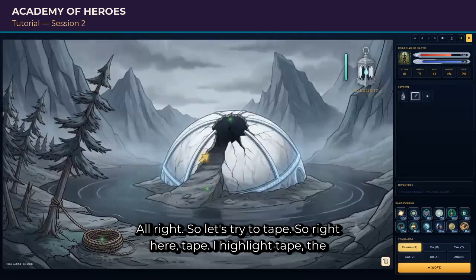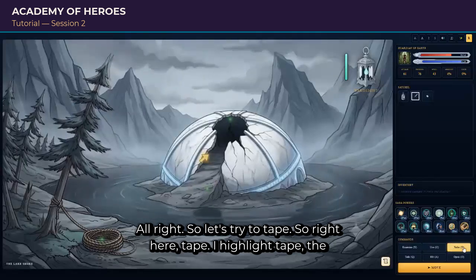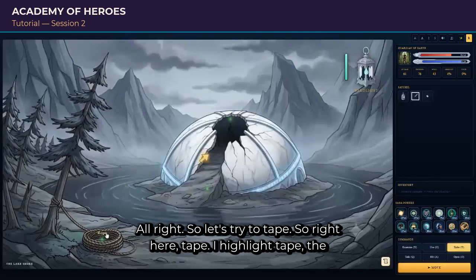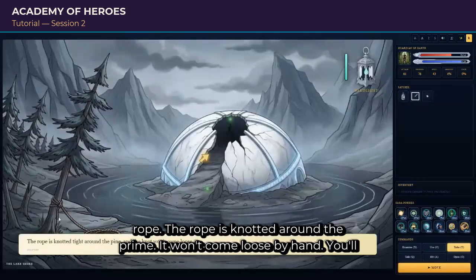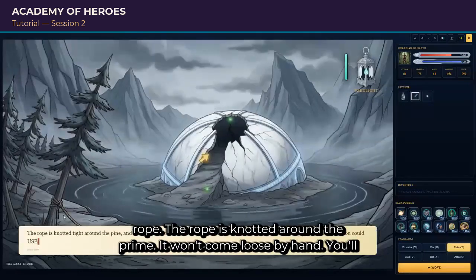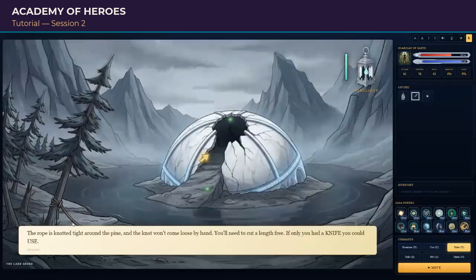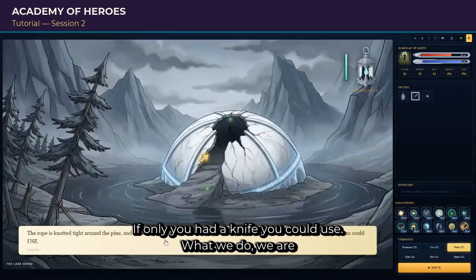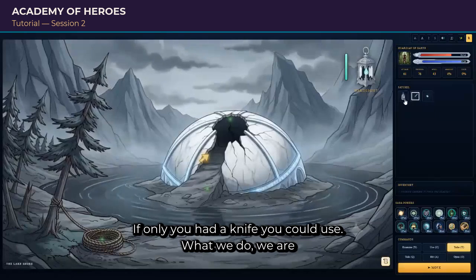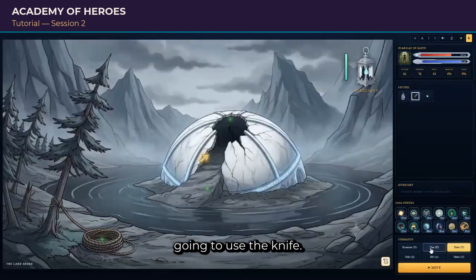All right. So let's just try to take. So right here, take. We're going to highlight take the rope. The rope is knotted around the pine. It won't come loose by hand. You'll have to cut a length free. If only you had a knife you could use. But we do. We are going to use